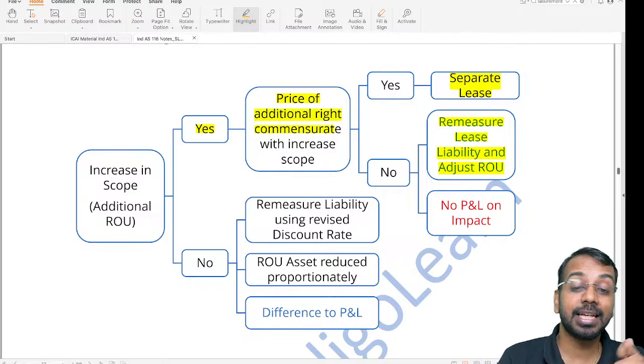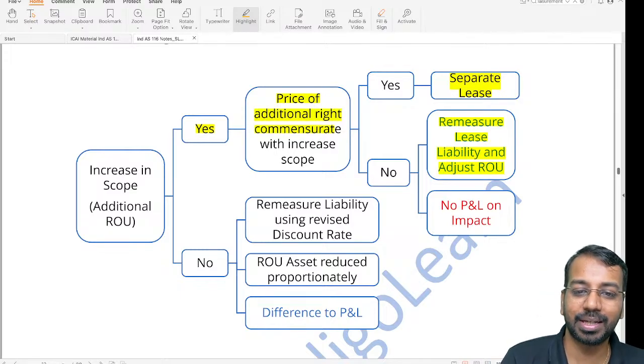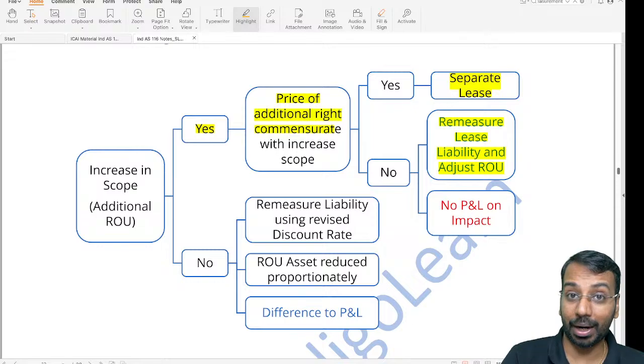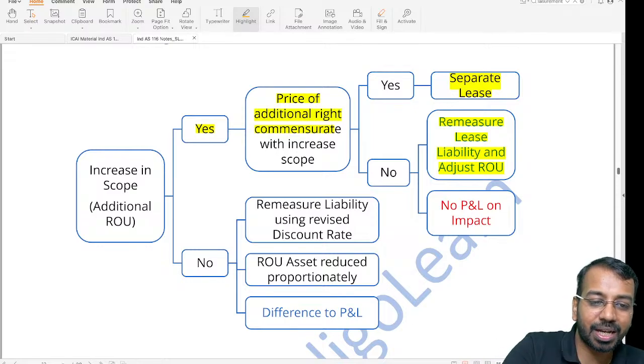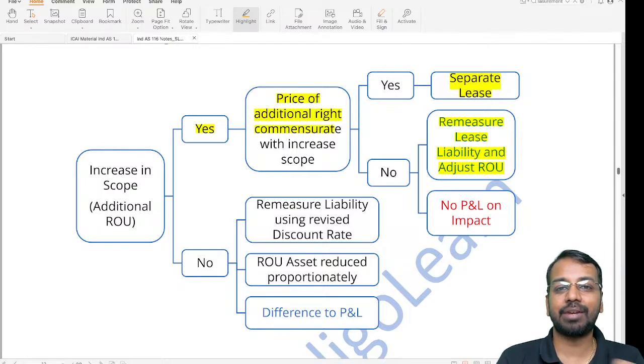If there is an increase in scope and the price is not commensurate, you will remeasure the lease liability and adjust the ROU asset. There is no impact on the P&L. But if there is a reduction in scope, where the lease term came down or an asset has been surrendered,